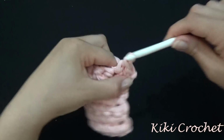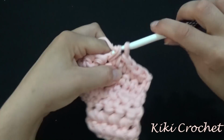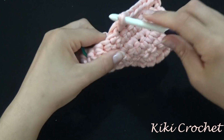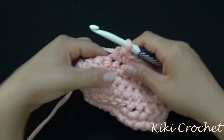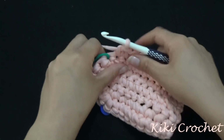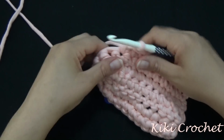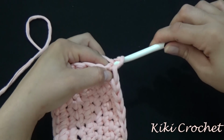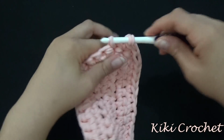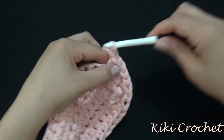1, 2, 3, 4, 5, 6, 7, 8, 9, and 10. Take out the stitch marker, and now we're going to be working single crochet and the chain one space. So first single crochet and the first chain one space, second single crochet, second chain one space, third single crochet, third chain one space, fourth single crochet and a fourth chain one space,